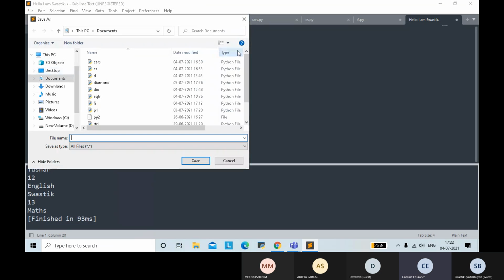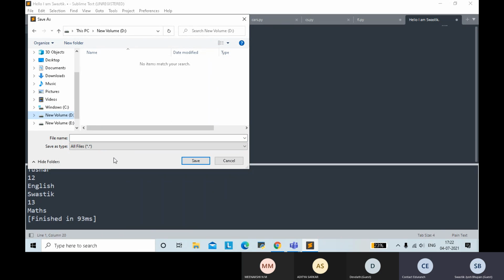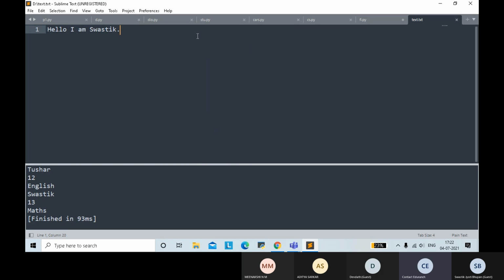Save as, go to D colon on your left side. Give test.txt. Okay. Now go back to f.py.